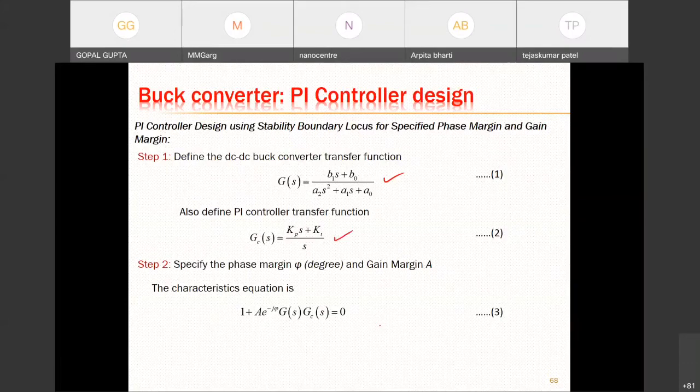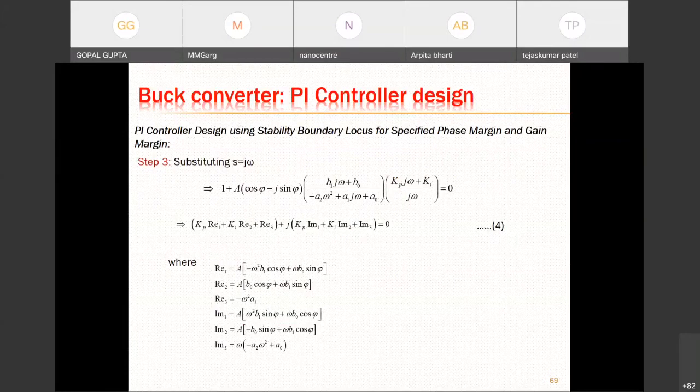The PI controller is the first controller I would like to discuss. Normally people say, okay, we tune manually by trial and error, or maybe use some tuning methods like that. One of the methods is to do it analytically. So this is the transfer function which we have already obtained. Now this is the PI controller which we want to design. Now how do we tune this KP and KI properly based upon our performance specification?